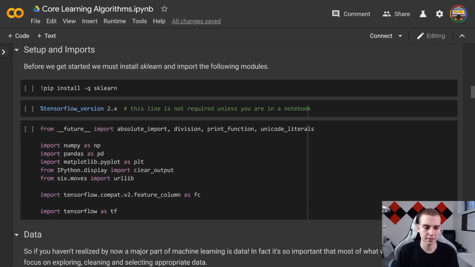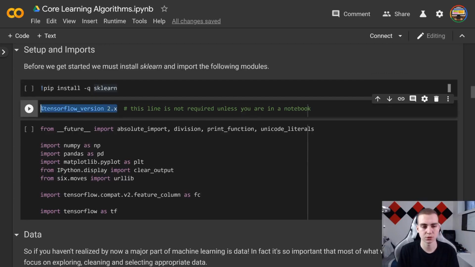Okay, so I'm here and I'm back in the notebook. These are the imports we need to start with to actually start programming and getting some stuff done. The first thing we need to do is install sklearn. Even if you're in a notebook, you need to do this because for some reason it doesn't come by default with the notebook. So to do this, we just did an exclamation point, pip install -q sklearn. If you're going to be working on your own machine, you can use pip to install this, and I'm assuming that you know to use pip if you're going along in that direction.